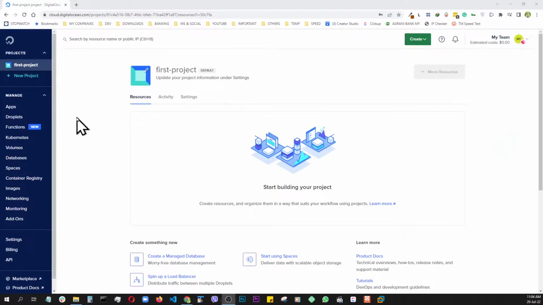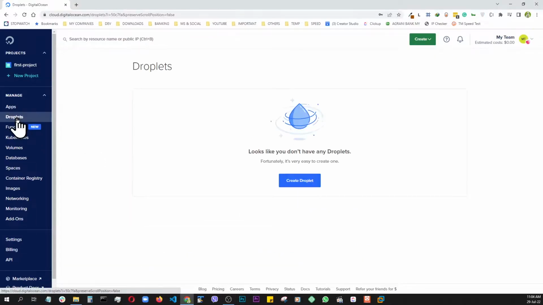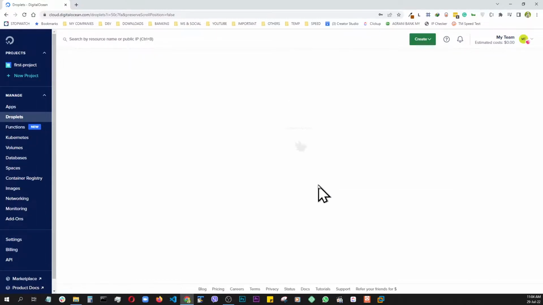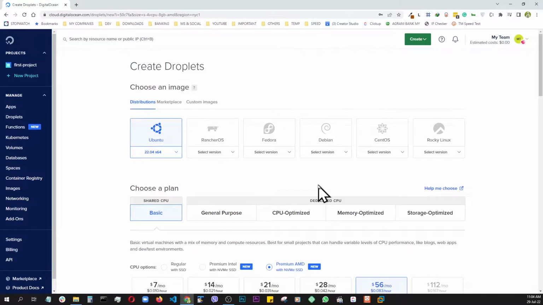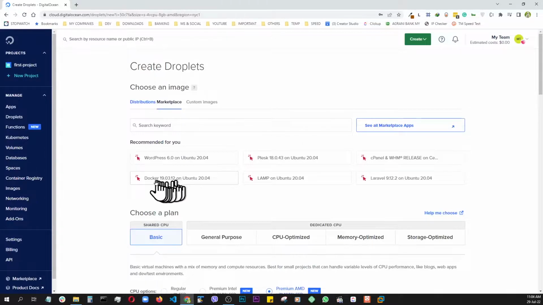All right, so I have here a fresh new Digital Ocean account, and I'm about to create a droplet which will have Docker installed. So let's see what's coming up next. All right, so they're gonna give us a choice of Ubuntu and the basic CPU. We're gonna keep all that, but we're gonna go to Marketplace and choose this guy right here, Docker 19 on